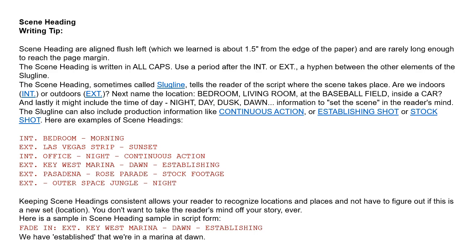of course, it's the interior and exterior. The scene heading tells us where the scene is taking place. Is it interior or exterior? And then the location is named: bedroom, living room, baseball field. It also might include whether or not it's continuous action, so it's following on from previous action, or